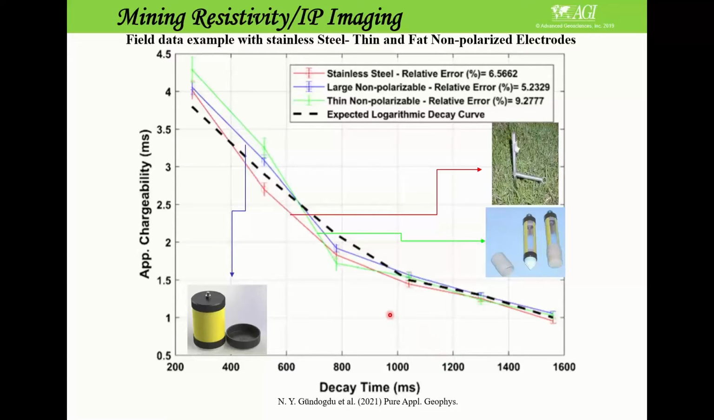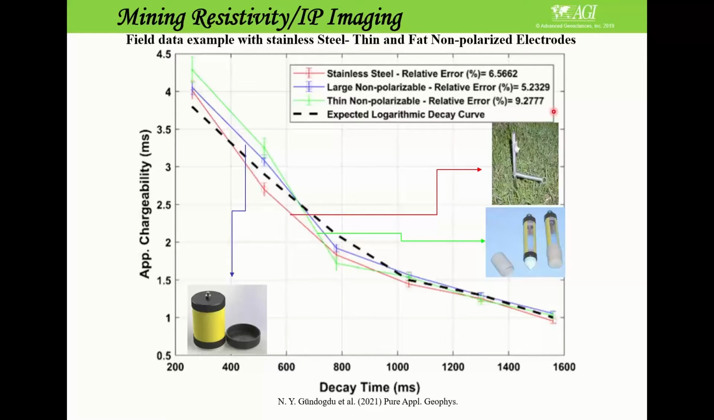Here I show you a little bit of the relative errors. You can see that the relative error for the stainless steel is almost 6%, and the others are also 6% and 9%. So you don't really see differences at all, I should say. So with stainless steel and large non-porous electrodes, they are almost the same. The other one is 9%, still less than 10%. So I expect everything will be the same, so that you can use stainless steel electrodes